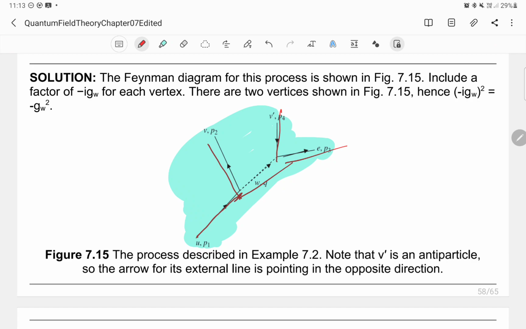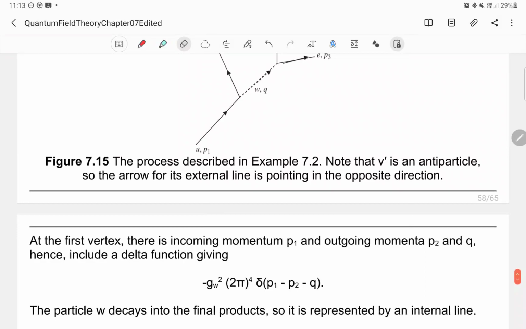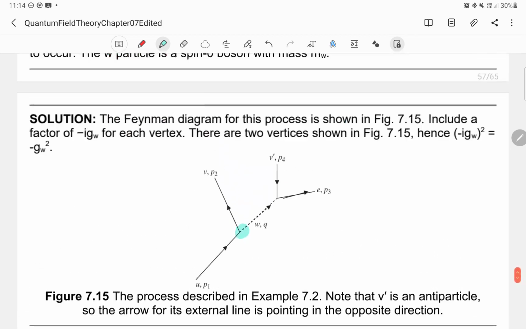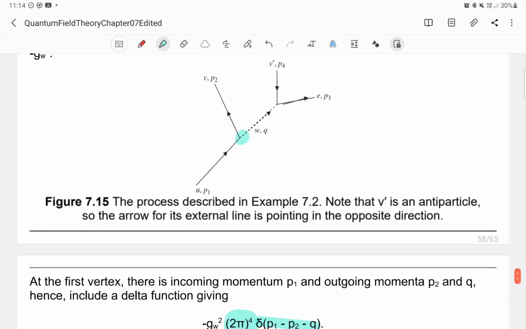So let us now look at the amplitude of the Feynman diagram, but before that, let's clean this one here. So you have the first vertex here, this one. You have P1 coming in and P2 going out, and the Q. So your Dirac delta there would be this one, and of course you have a factor of 2 pi to the fourth, and then you have two vertices, and that would give you negative